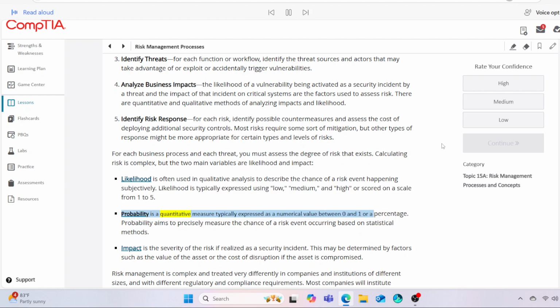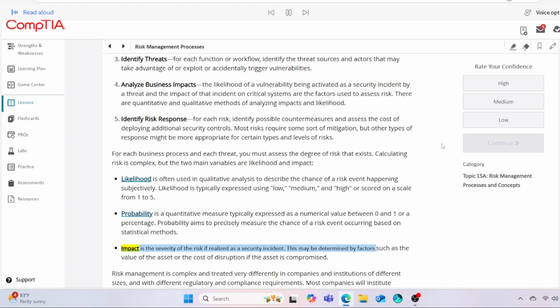Probability is a quantitative measure typically expressed as a numerical value between 0 and 1 or a percentage. Probability aims to precisely measure the chance of a risk event occurring based on statistical methods. Impact is the severity of the risk if realized as a security incident. This may be determined by factors such as the value of the asset or the cost of disruption if the